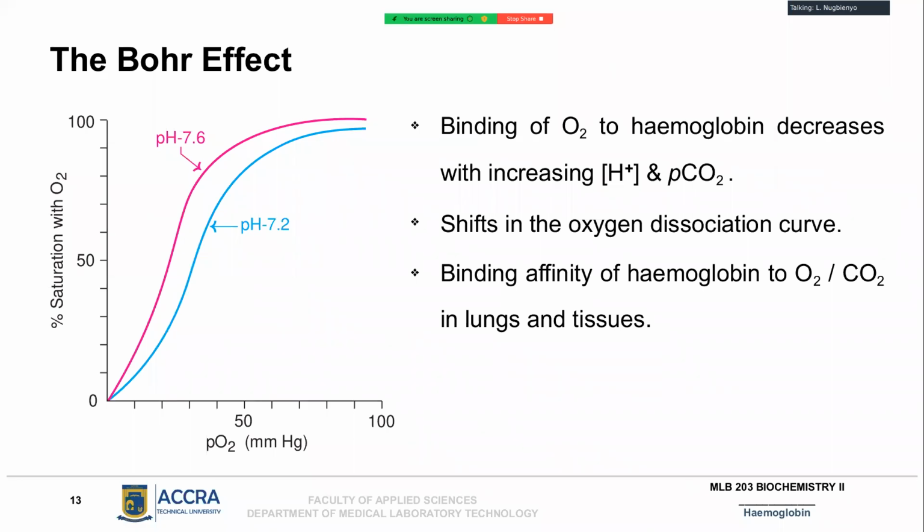It's not like there is zero affinity of hemoglobin to oxygen at any time. There is no such thing as zero affinity to oxygen, but there is decrease in affinity and increase in affinity. So since we were talking about an oxygen dissociation curve, you remember